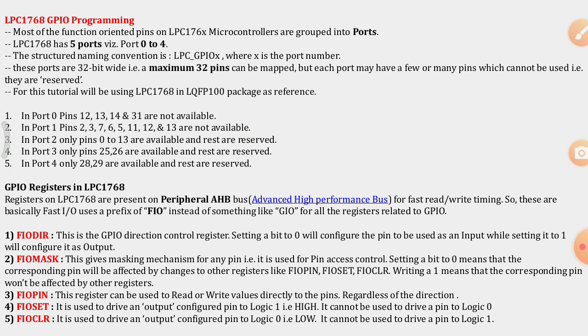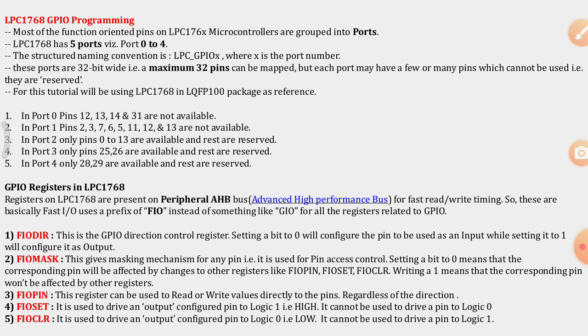Then FIO set, fast input output set. This is basically used to drive an output configured pin to logic 1. If any pin is set as output and I want to make it high, then the FIO set register is used.